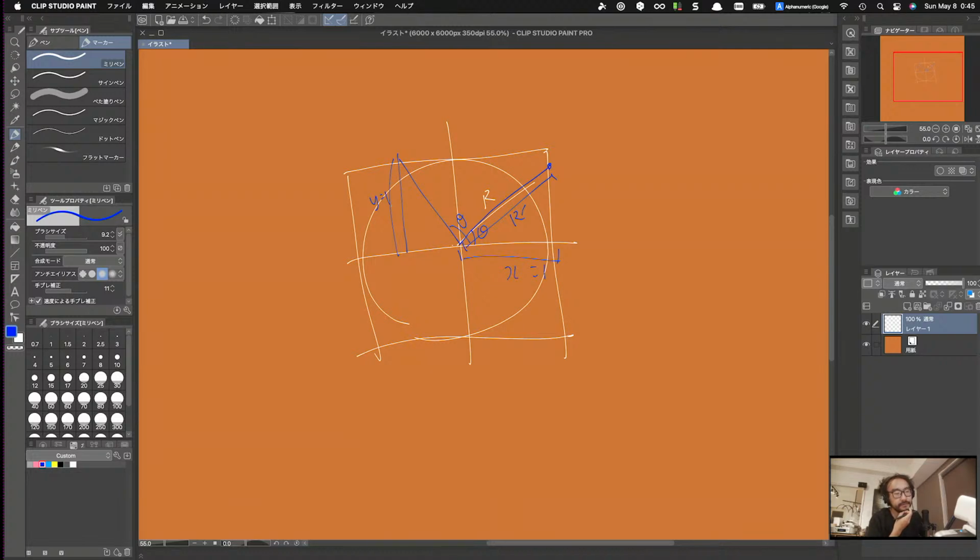Makes sense? So in this case, r multiplied by cosine theta is equal to 1. So r is 1 divided by cosine theta, right? So for this condition here,